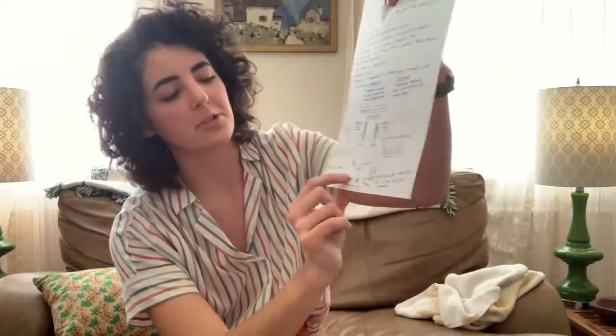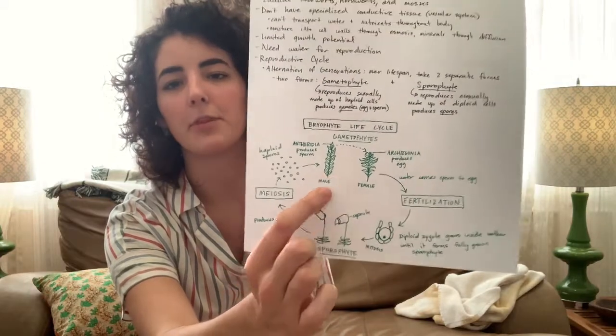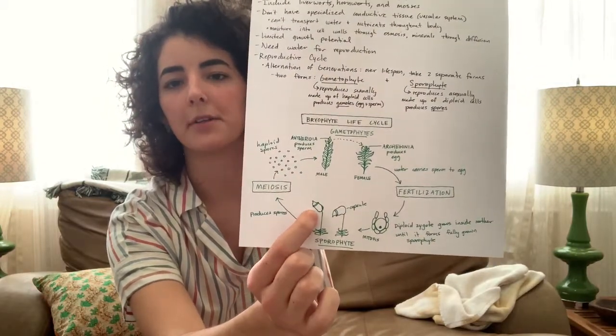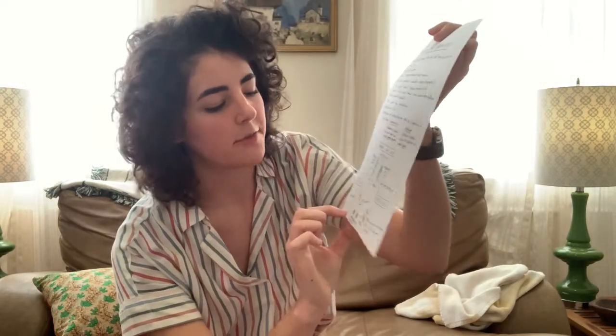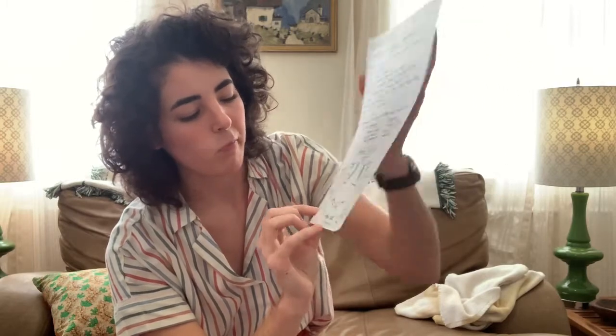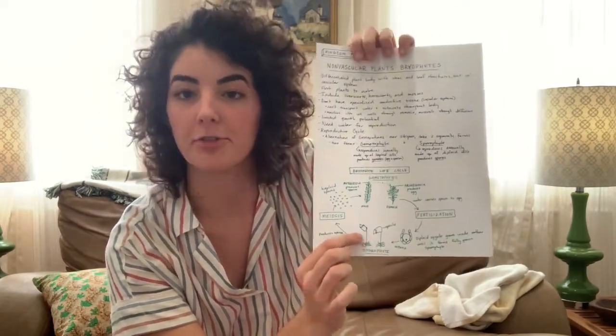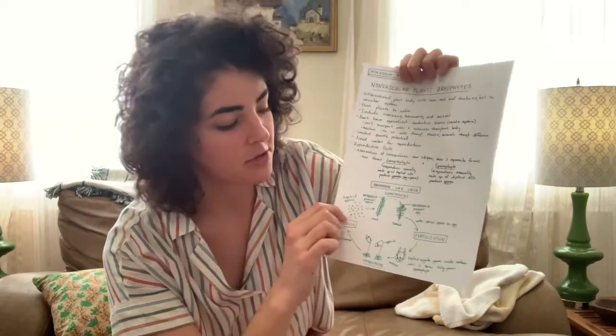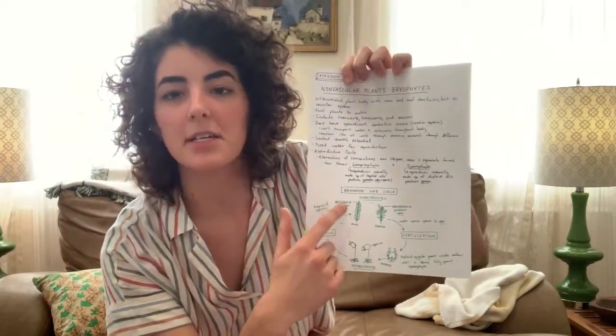If you've ever seen moss with those little things sticking up out of it with a little capsule on top, like those little brown stems coming out of moss, and you can brush your hand against it and it feels cool. Those are sporophytes. So that's what the sporophyte looks like. It's a stem coming up from the top of the gametophyte with a capsule at the top. And that capsule is full of spores. Through mitosis, it grows. Through meiosis, it produces spores. The spores are released, and once they hit the ground, if they happen to hit moist ground where there is water, they will grow into a gametophyte.